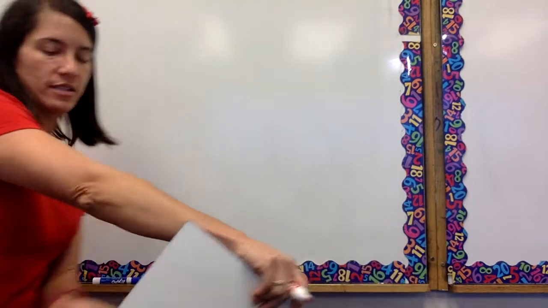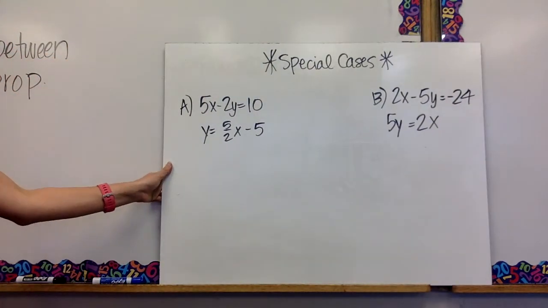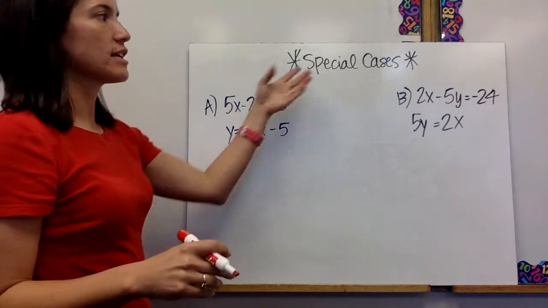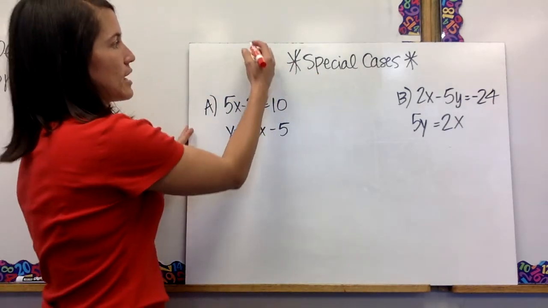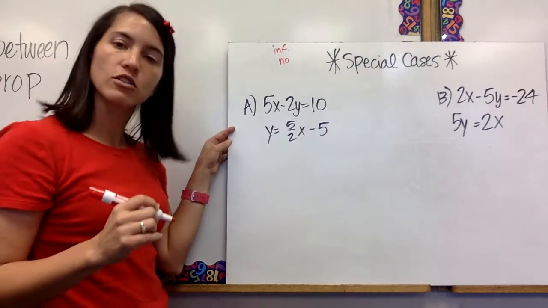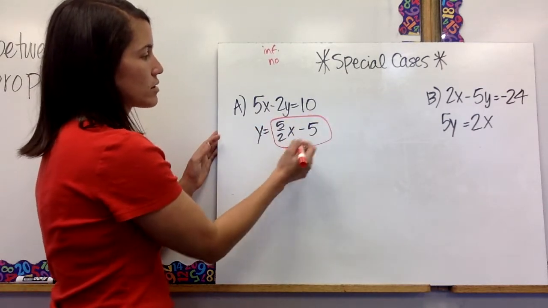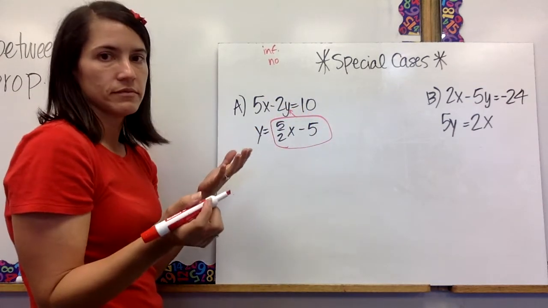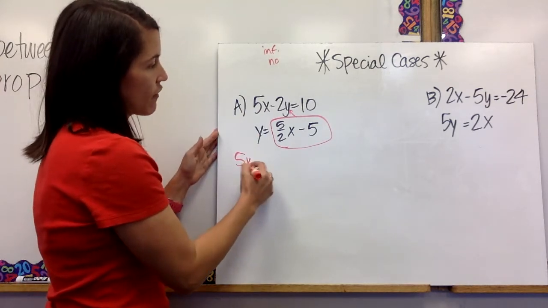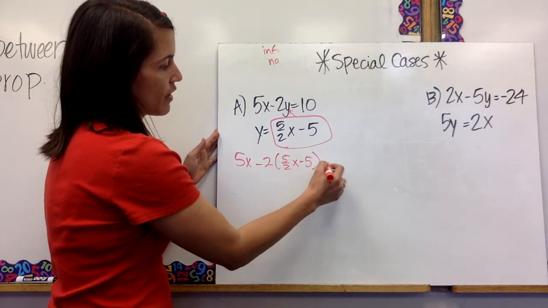All right, so some special cases that you have. Here are two problems that are special cases that I'm going to go through. When I say special cases, that means it's either going to be infinitely many or no solutions. So infinitely many solutions or no solutions. For problem A, I already have a y equals, so I'm going to substitute it in. We'll start to recognize, oh, it's already y equals, let's substitute it in. 5x minus 2, substitute all that in,